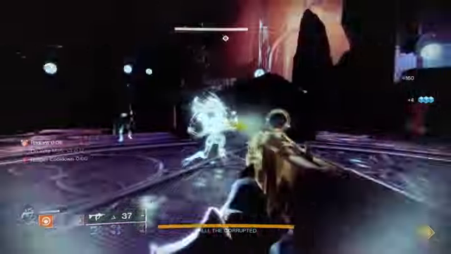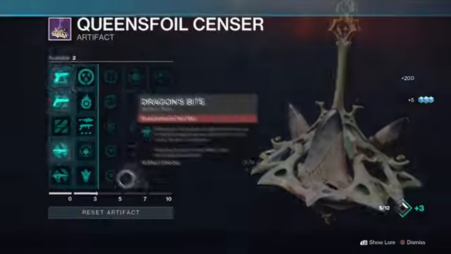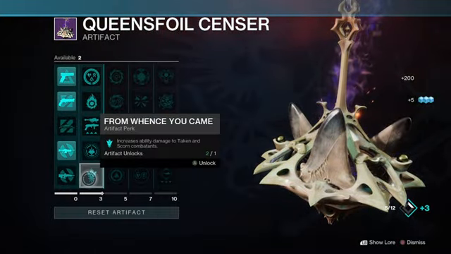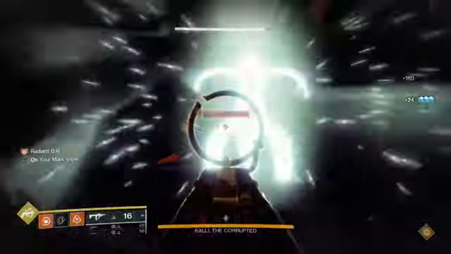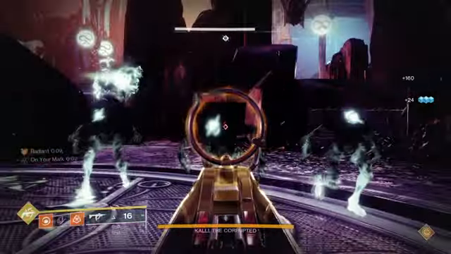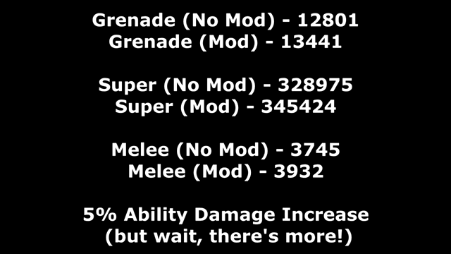And lastly, we're going to test melee damage, and a melee to the chest is going to do 3,745 damage to Callie. This is again without the mod equipped, so next we will test with the mod equipped. And our melee damage with the mod equipped is going to do 3,932 damage. So we just want to be thorough for testing and just make sure we tested melees, grenades, and supers, but across the board it's going to be a 5% damage buff for all three,